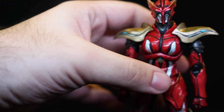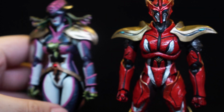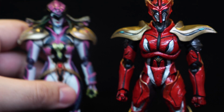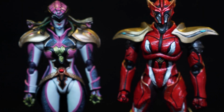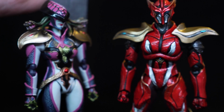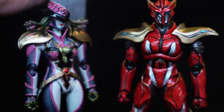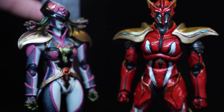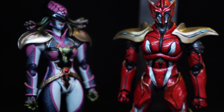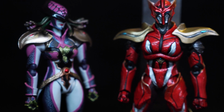Just stand him there, and stand her there. So even though she's female, she actually has pretty big shoes, so she can stand quite well. And in terms of height, Medusa there stands just about 13.5 centimeters or 5.25 inches, and the Phoenix one is about 5.7 inches including the horn, which is just under 15 centimeters,